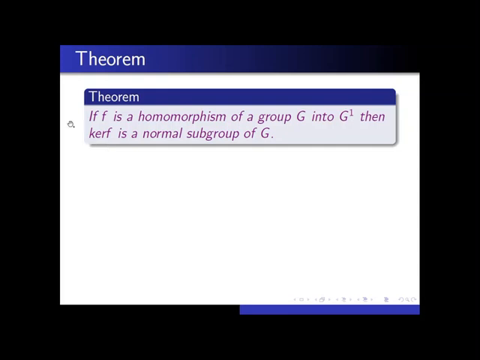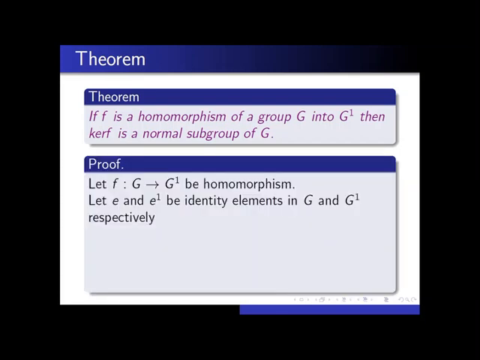That's all. Now our aim is to prove this kernel is a normal subgroup. To prove it is a normal subgroup, first we will prove that it is a subgroup, and then we will check whether it is a normal subgroup or not. So this is the way of proving this theorem. Now, just first write down: f maps G to G dash is a homomorphism according to the problem,